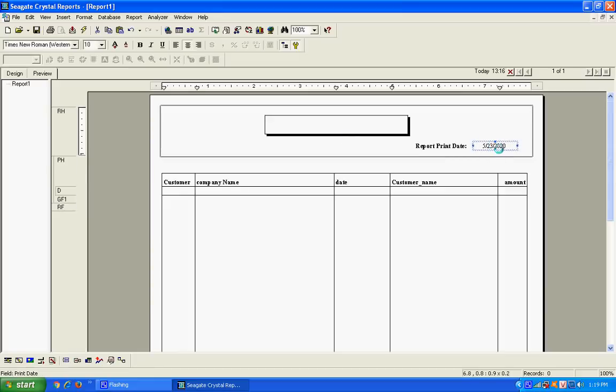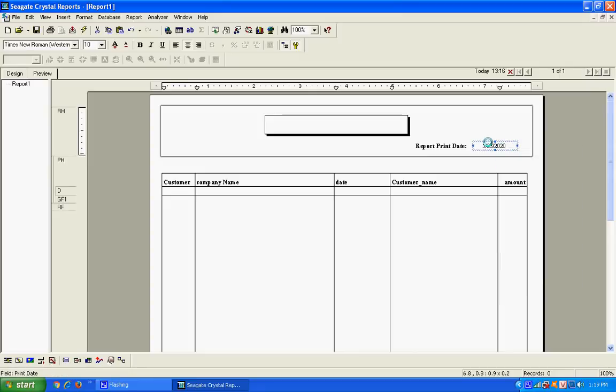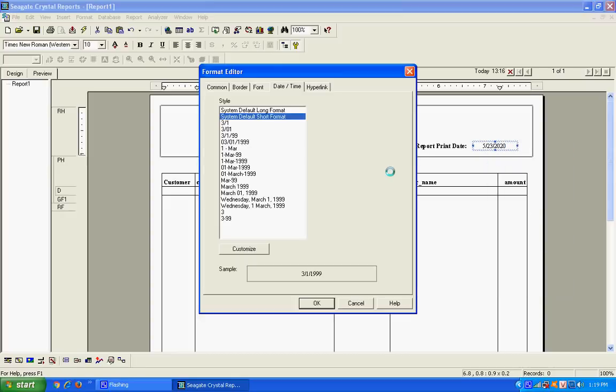I also want to change the style of the date and time. Right click on the date and press format field. There are many options available. You can pause this video and see the many available date display options.